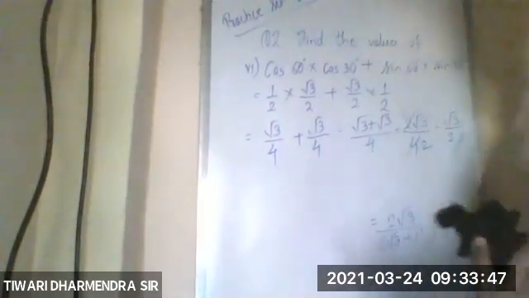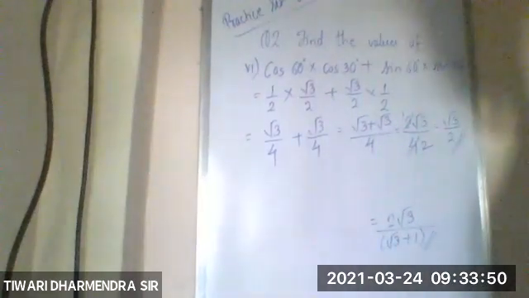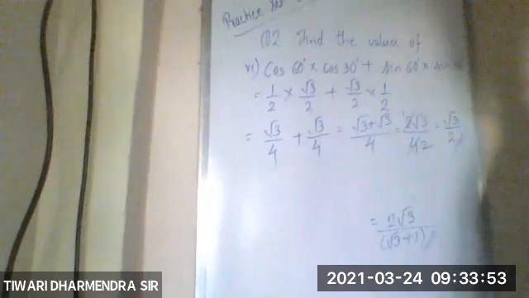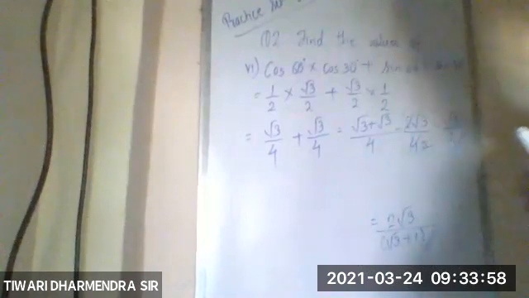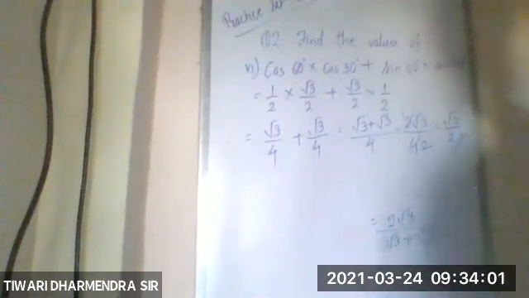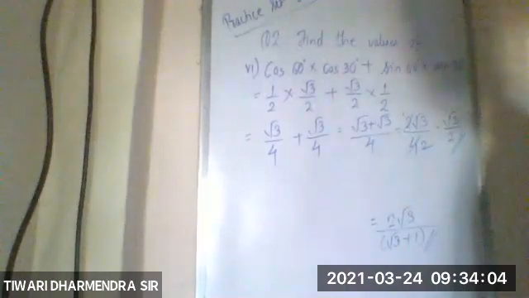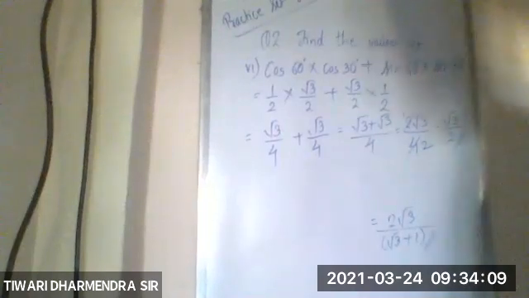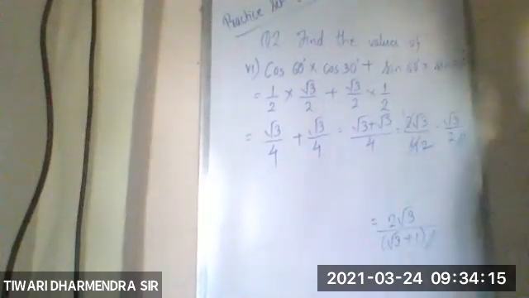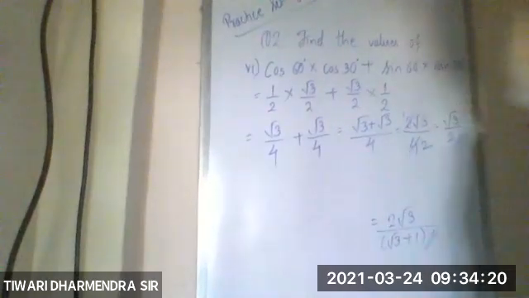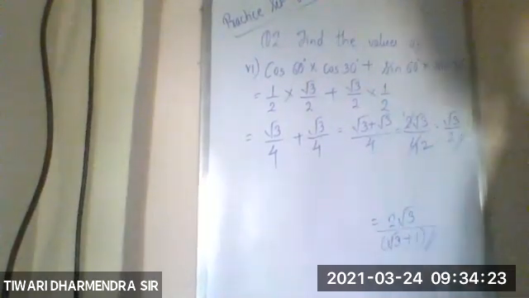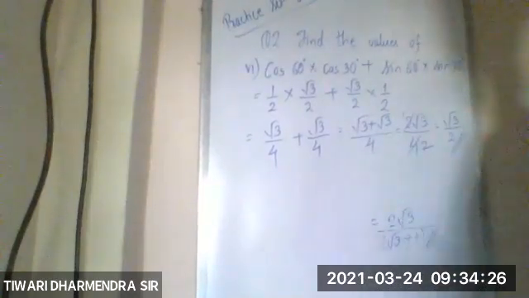As yesterday I solved the problem using a triangle, now I'll be solving this using the important equation so that you can see the importance of the important equation. As we can understand, sine theta is given and they're asking us to find cos theta. And in the fourth one, they have given us cos theta and they're asking us to find sine theta. Tan theta is not involved in this case. Here it can be understood that they are asking us to find the value of cos or sine using the relation sine square plus cos square.